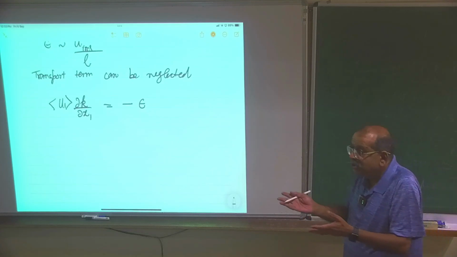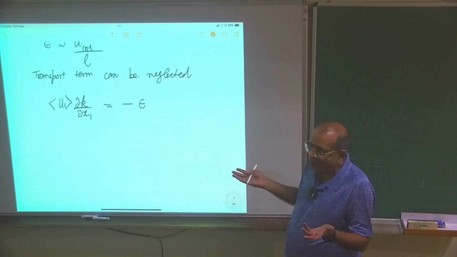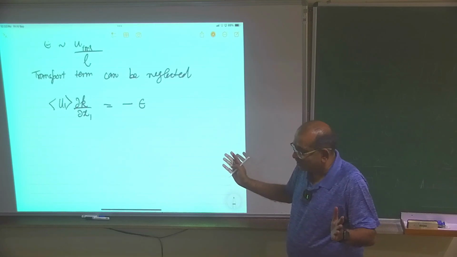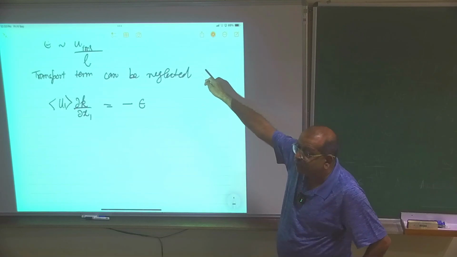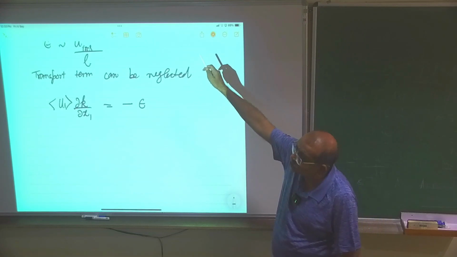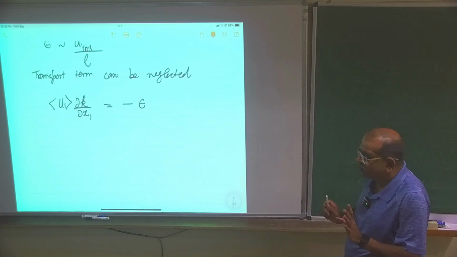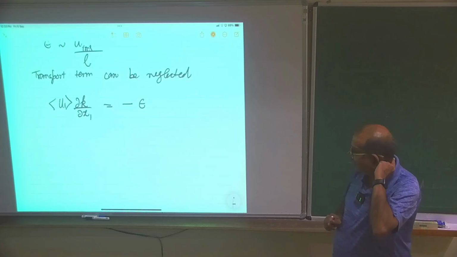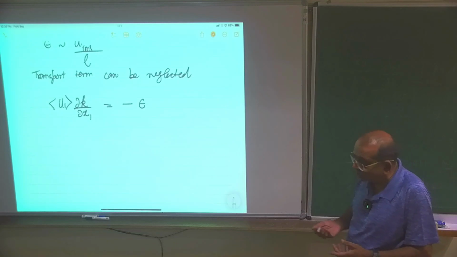These are the two things we will try to determine from whatever knowledge we have, in a very simple way. The one piece of information we have used here is that u prime RMS is much less than capital U. That information we have used so far. And of course all the stationarity. So finally when you list out, there are a lot of assumptions, but